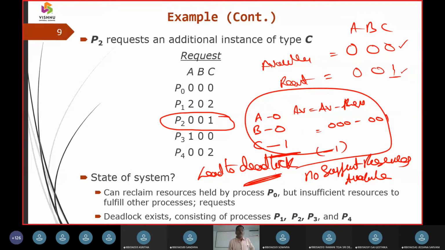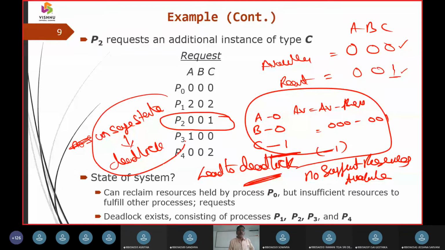Now it cannot grant this, it is going to be an unsafe state, and from the unsafe state it is going to lead to a deadlock state. So earlier it was in a safe sequence, and from the safe sequence it moved to an unsafe sequence, and from the unsafe sequence it moved to a deadlock state. So here I can say deadlock is going to exist, because it cannot reclaim the resources until the other processes are